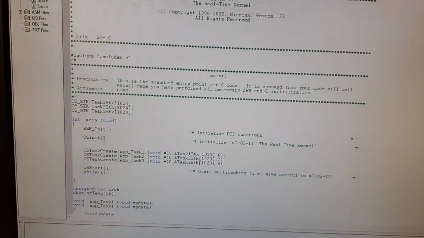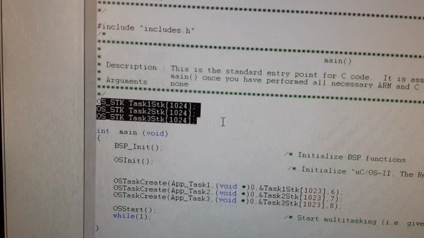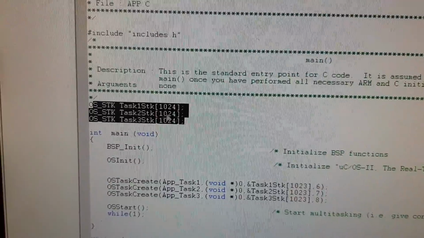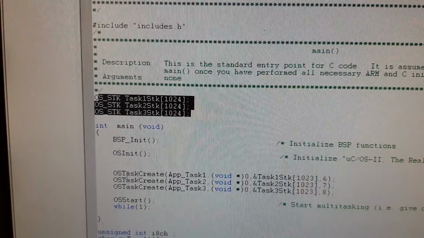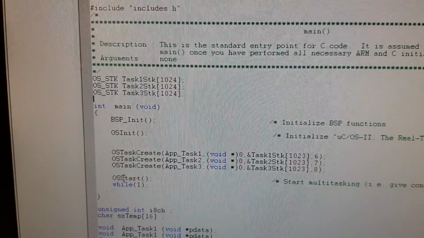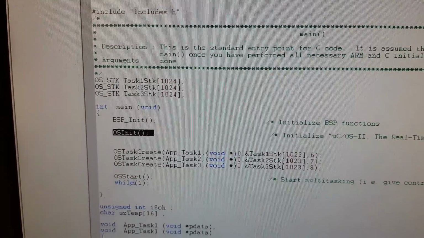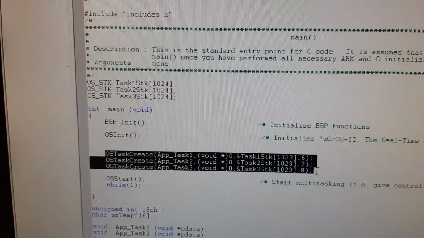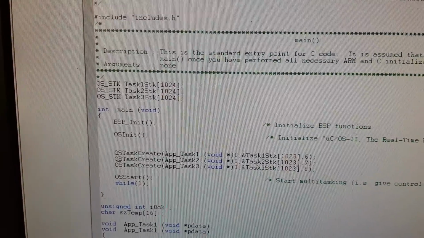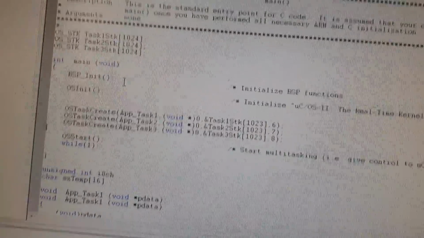Now in this particular code, you just observe there are three tasks: first task 1, 2, 3. So here we have declared the stack memory for all the three tasks. Then we have initialized the board support package, and then initialized the RTOS also, and then we have to create the three tasks. So in the last lecture we have discussed this particular code of multitasking of three tasks.